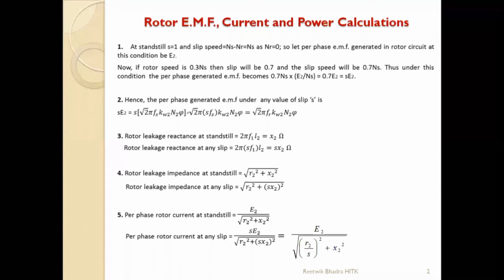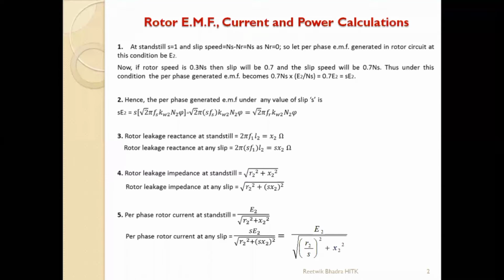Now we had also discussed the similarities of transformer and induction motor, and in that we found out that in transformer there was primary and secondary winding. Over here also same, stator and rotor windings. Those will have some resistances and leakage reactances, and according to that we have derived some of the formulas. So my first point, which is mentioned over here: last day we took a problem and we discussed some natures of slip: s equal to 0, s greater than 1, s less than 1, s negative, and 0 to 1. Those conditions I had shown you.